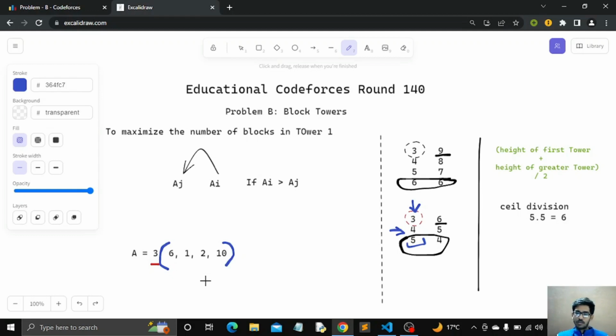After sorting, one by one, we iterate through all the other towers and check how many blocks we can transfer from that particular tower to tower 1. If the height of tower 1 is already greater than or equal to the height of the other tower,